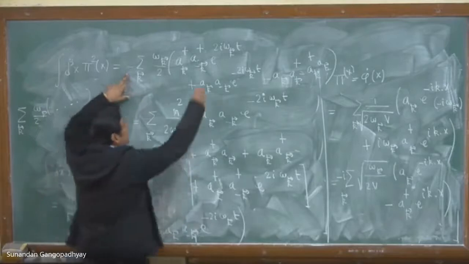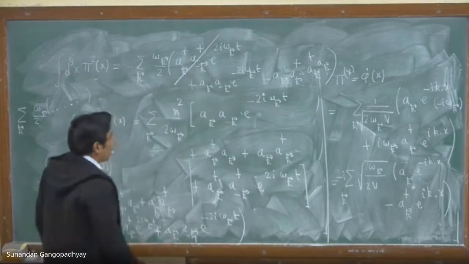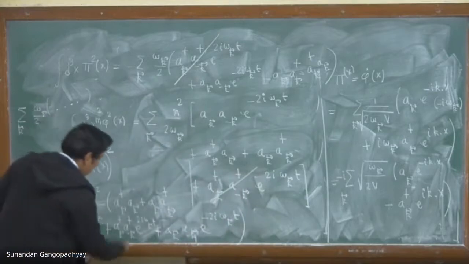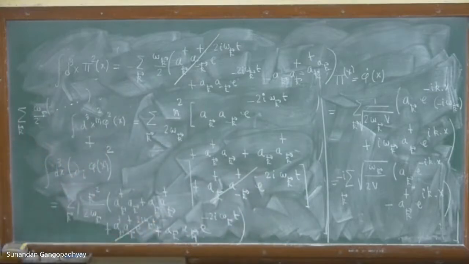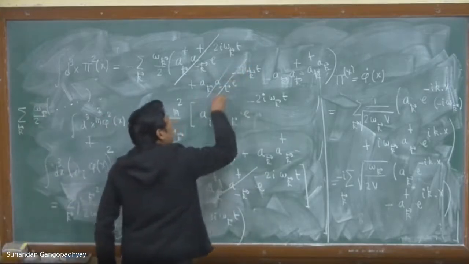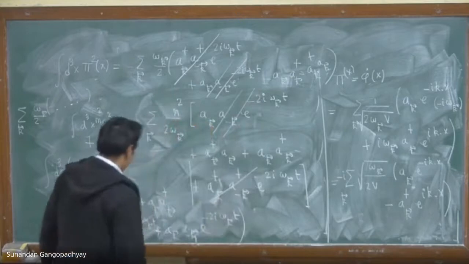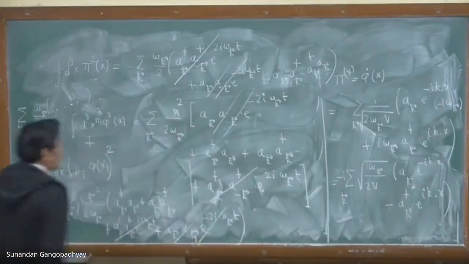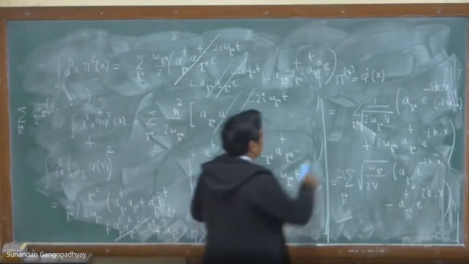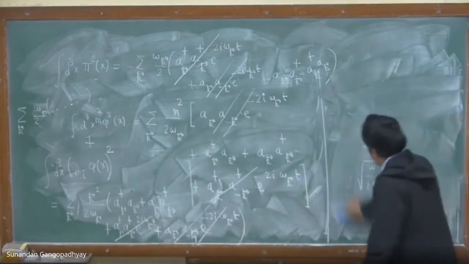So what will happen is, the term containing two daggers, a dagger dagger, will actually cancel in this term and this term. It will get cancelled. And the term containing two a's, because of this minus sign in front, will get cancelled with this and this. And therefore, the final result that we shall get after these cancellations is a very simple result.